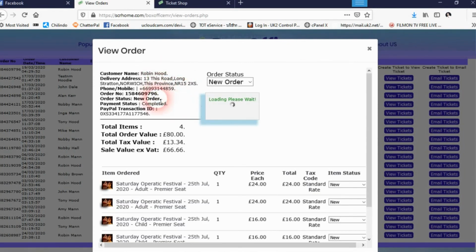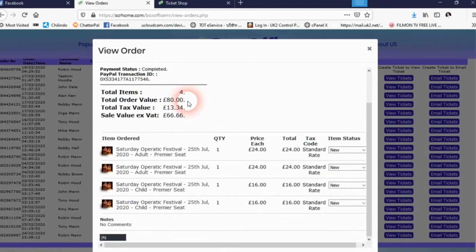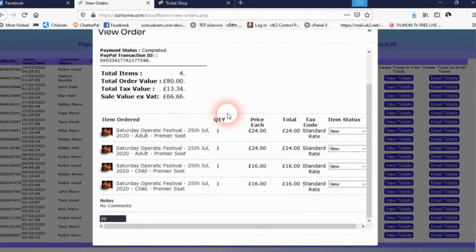There's our customer details, PayPal transaction ID, the status of the order, how many items are on the order, and the total order value. And then it also calculates the tax value from the tax code that you used. So you enter the prices with tax, and then it will calculate the tax. So we've got 4 tickets here,